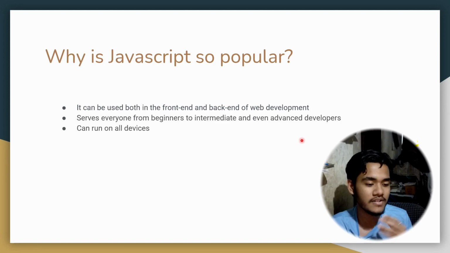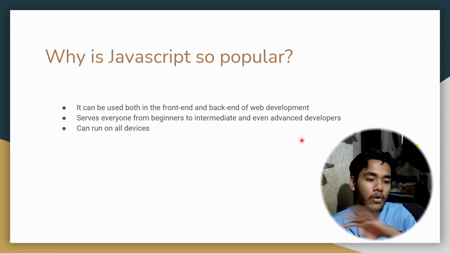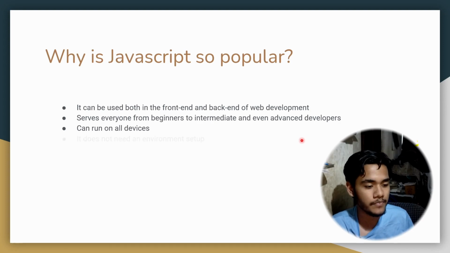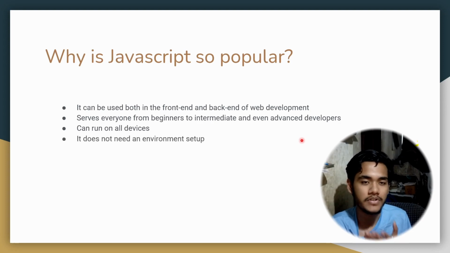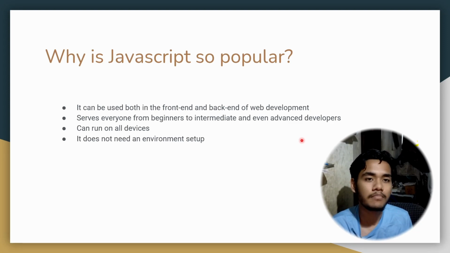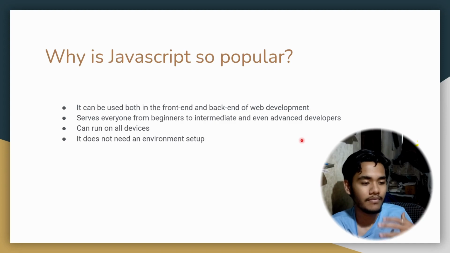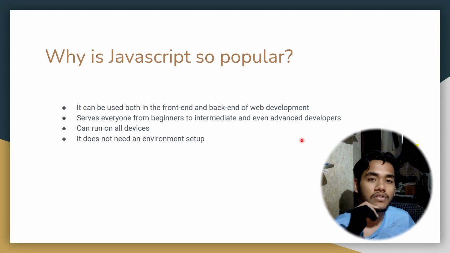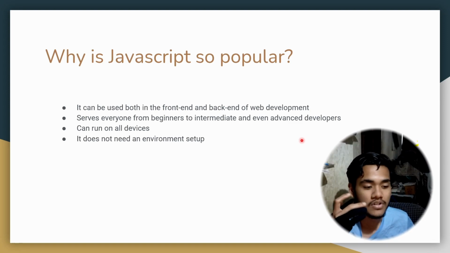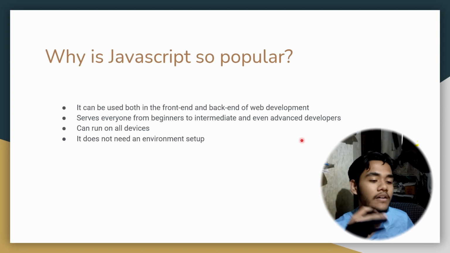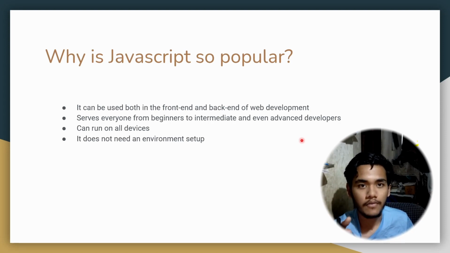It can run on all devices. It's an interpreted language. It's converted to bytecode, and that can be run on any browser, right? It can be run on any device. It does not need an environment setup. See, everyone has a browser, right? Maybe we are using Chrome, we are using Brave, maybe we're using Firefox, right? Everyone has a browser, and every browser has a JavaScript interpreter built in, an inbuilt JavaScript interpreter. So you can run JavaScript code, you can write programs of JavaScript directly inside your browser. You don't need a specific environment setup for this. Okay,